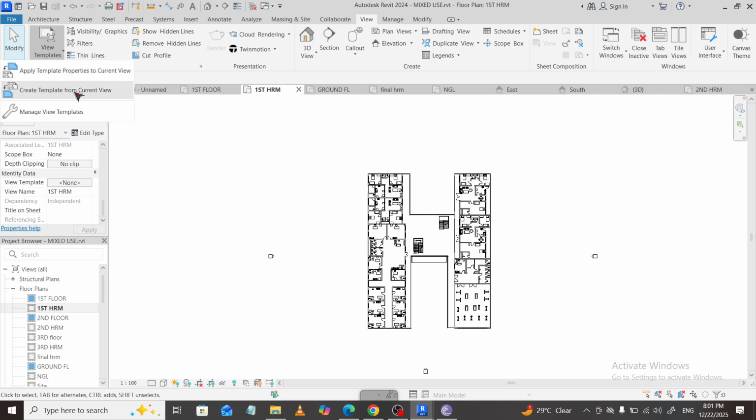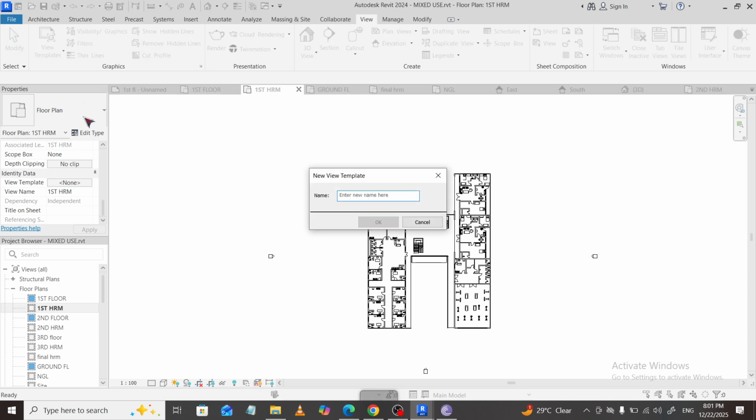If you need to modify an existing template, select it from the list to review and adjust its settings. You can change line weights, apply or edit filters, toggle annotation visibility, and set the discipline, among other options. When you're done, click OK to save. Every view that uses that template updates automatically, which is a major time saver and helps eliminate inconsistencies across your sheets and views. A quick tip: make a habit of reviewing one representative view after changes to confirm the results